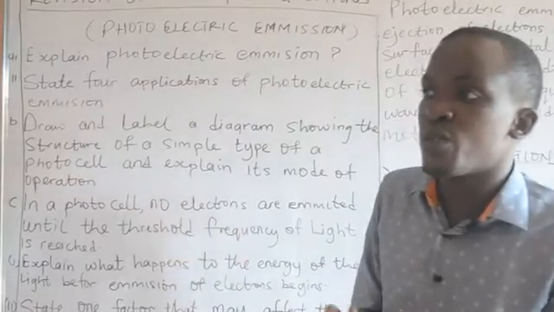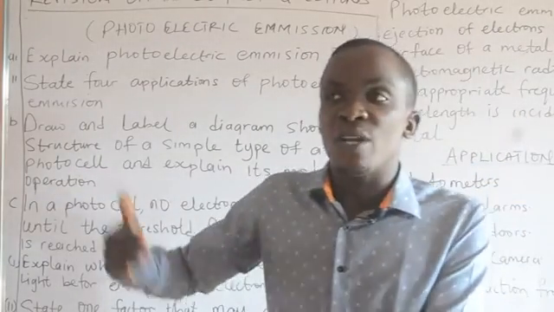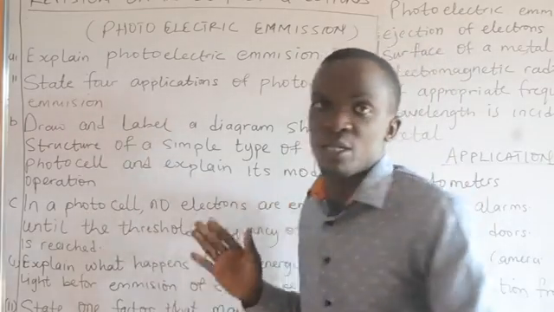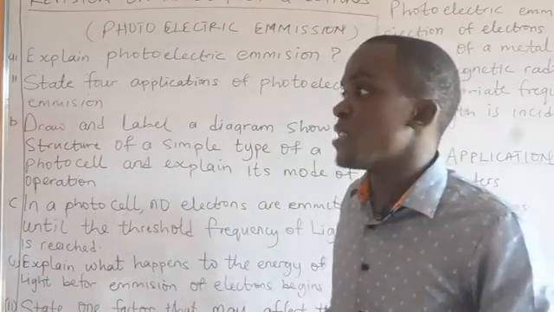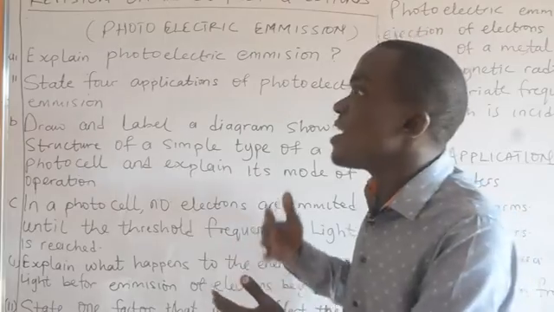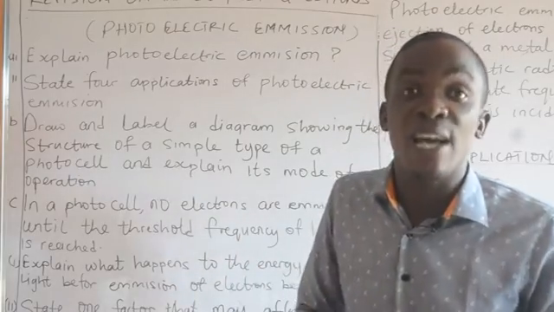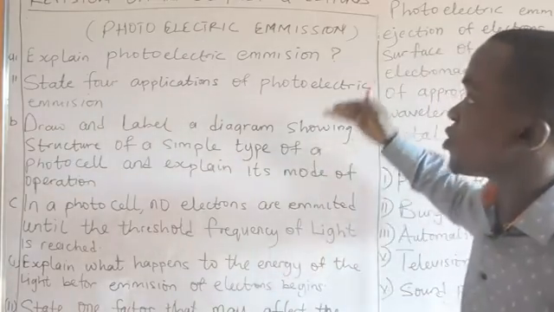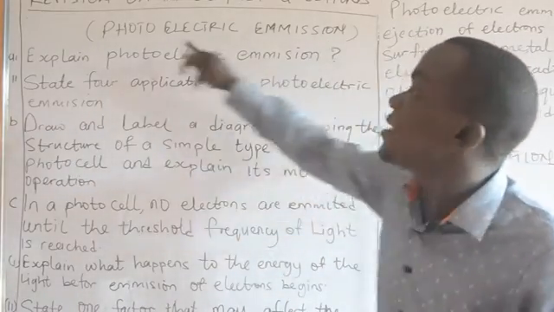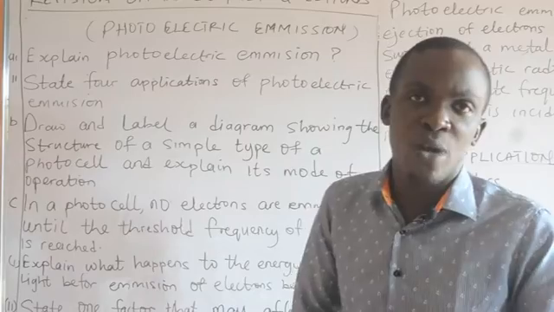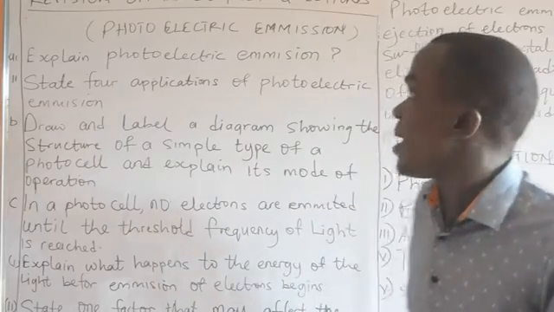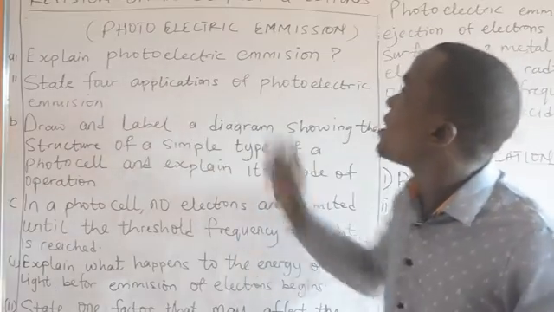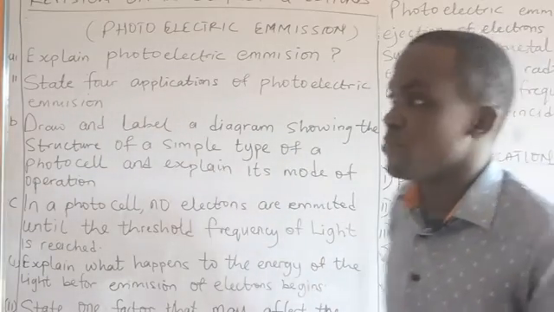From what we can find here, you can discover that most of the times when WAEC bring questions, especially for the Part B aspect of it, you tend to encounter most of this. During the preparation for examination we might not take them lightly because there might be no time. But using this opportunity, I want each and every one of us to look at the wording, and one way or the other we should be able to have an idea of what they are talking about. So we are asked: explain what we mean by photoelectric emission.